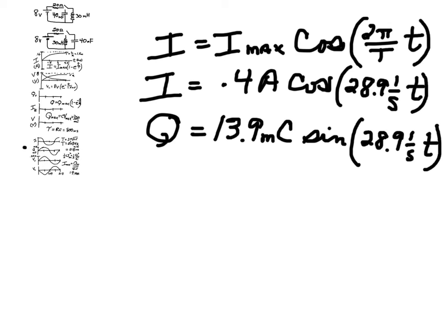And every other function is going to be either a sine or a cosine with the same period. So we saw that the charge started at 0 and went to this maximum value, so this is a sine function. So Q on the capacitor is 13.9 millicoulombs times the sine of the same 2 pi t over T. And that covers that. We'll go on to the last